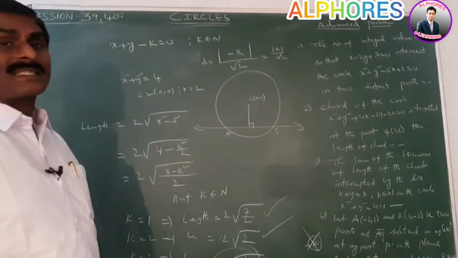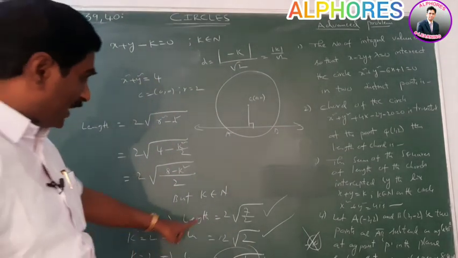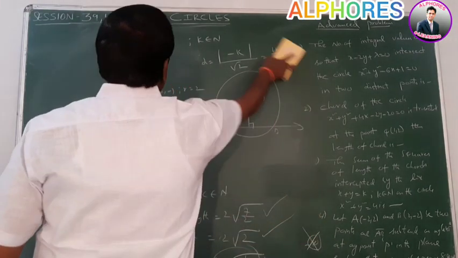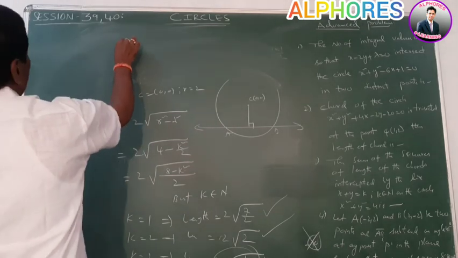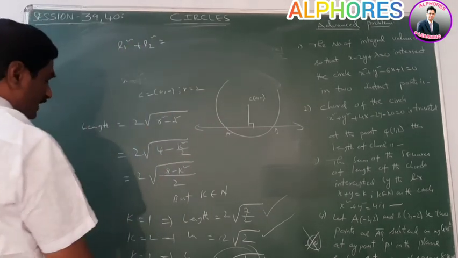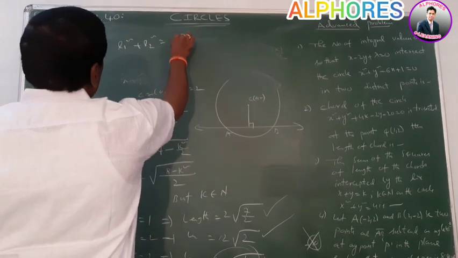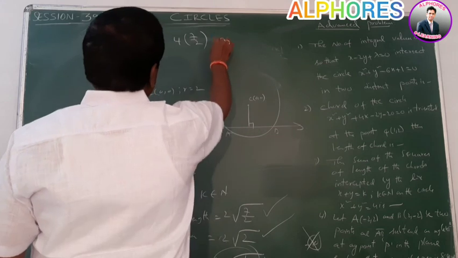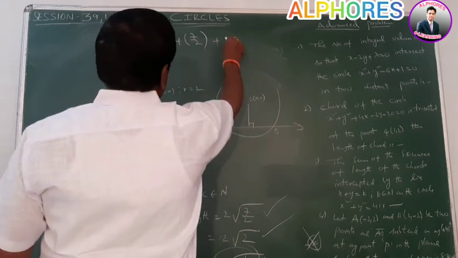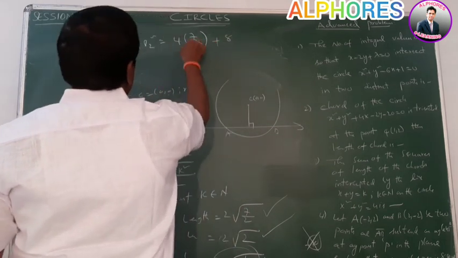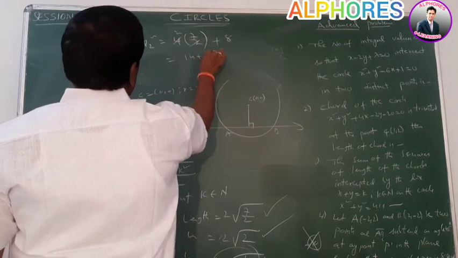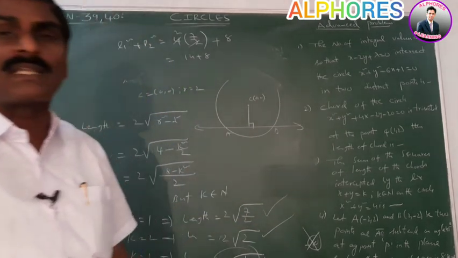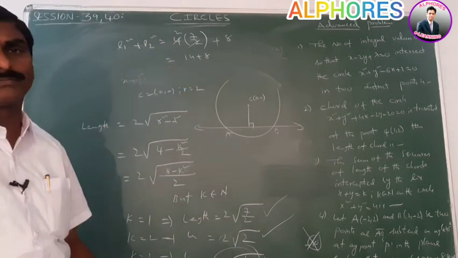Now we find the sum of the squares of the lengths. Square of this value plus square of this value. Therefore, sum of the squares of the lengths: first possibility L1 square, next possibility L2 square. Sum is equal to L1 square plus L2 square. That means 4 into 7 by 2, plus this value 2 root 2 whole square. 2 root 2 whole square means 4 into 2, 8. Here 2 times cancel. That is equal to 14 plus 8, that is equal to final value 22. Sum of the squares of the lengths of the chords is equal to 22. It is the final answer.